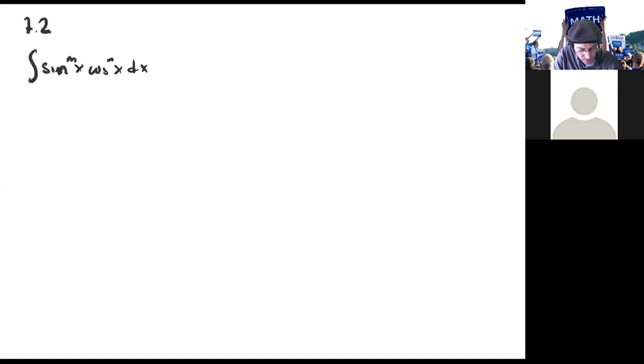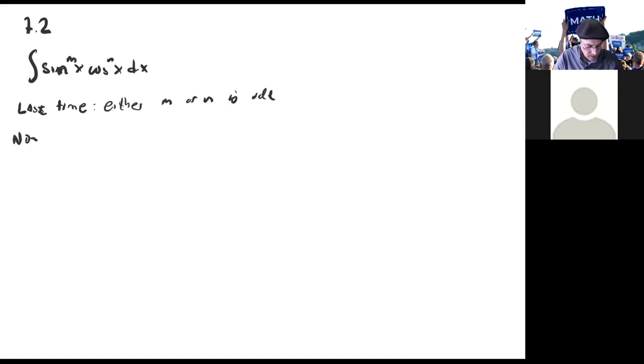And we handled already last time the case where either m or n is odd. So let me correct what I just wrote. Either m or n is an odd integer. Okay, now